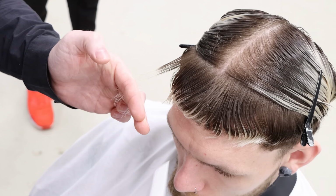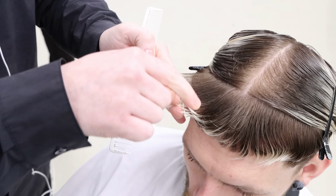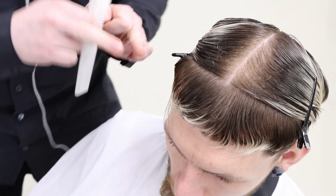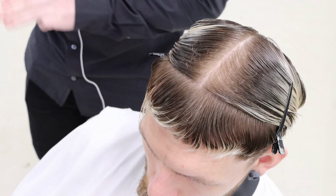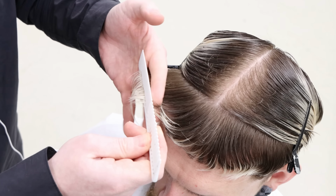Now, I'm just going to let the hair drop out very, very naturally and let it fall where it wants to fall. Now guys, everyone's hairline is generally round. So I keep on following this out square. Unfortunately, I want to have a little bit of a bulk of weight there in the corner. So what I need to do to ensure the fringe falls nice and flush with my graduation is, again, as Glenn is doing, stepping round, I am also stepping round or stepping left,